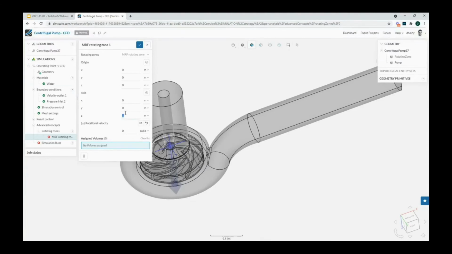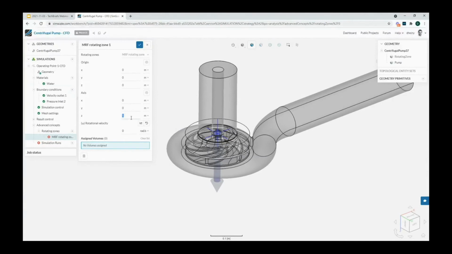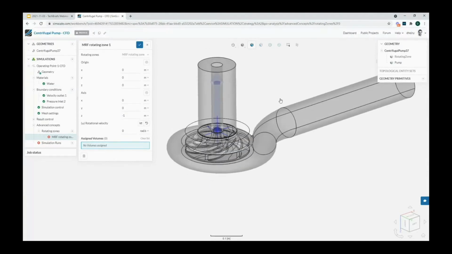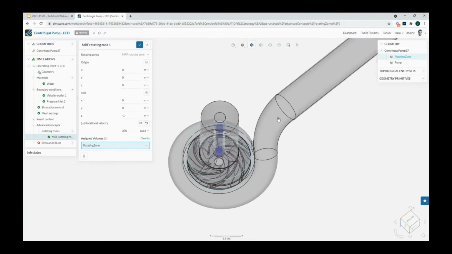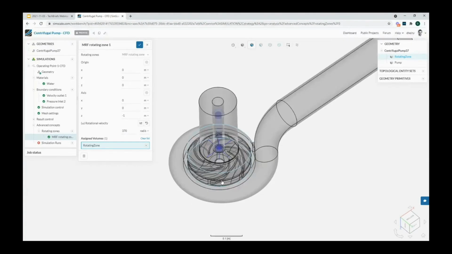And lastly, what we need is the impeller to rotate. In this case, you can see the rotation axis down here, so I'll flip that around. And then, the good old right-hand engineering rule, we want to rotate the impeller in that direction. And we're going to assign it to the rotating zone. So you can see the impeller will now rotate in that direction, and thereby increase the pressure in the fluid